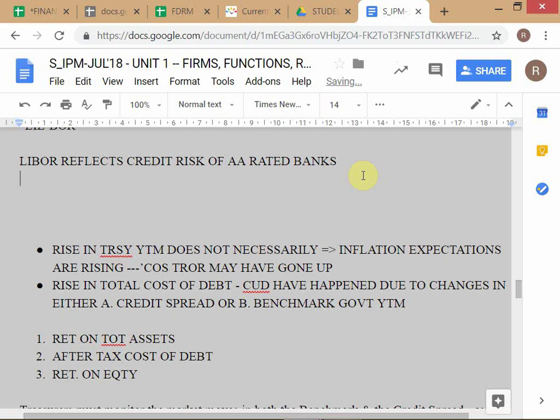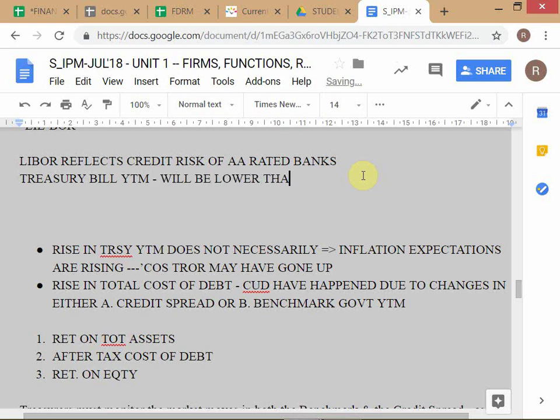So I'm not going to write government treasury all the time. Treasury is understood to imply government. Okay, treasury bill yield, I'm just going to write YTM for yield, will be